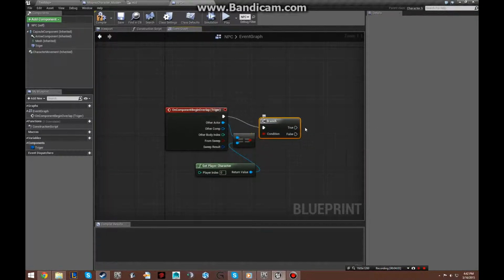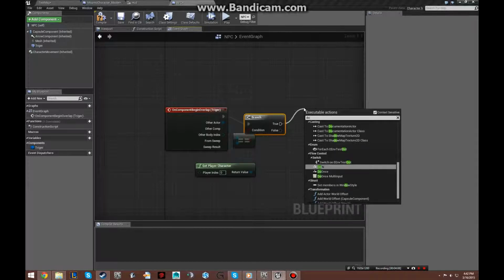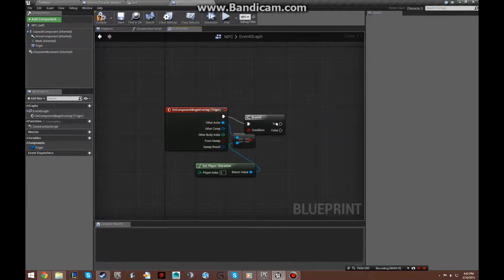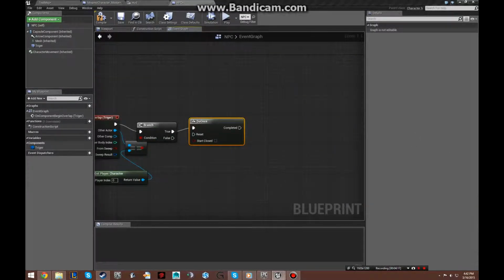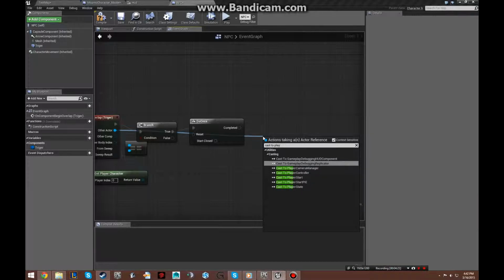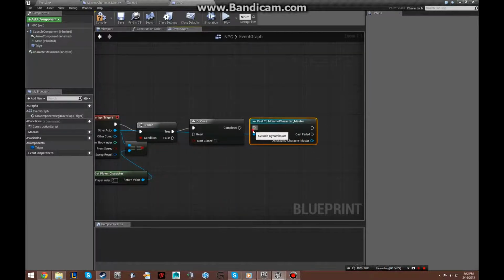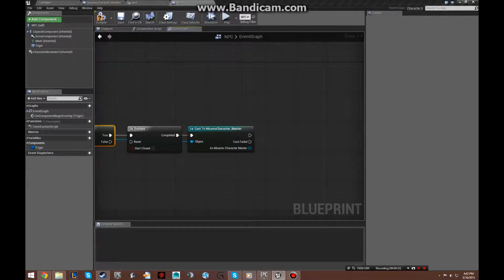Then off the branch, you'll need a do once, so it will not keep on trying to overlap. There we go. And then after that, drag off the actor and get cast to, and whatever your player is, mine's the Mixamo. It comes with Unreal, but yours can be a custom one if you want. Just cast to it, and then off of that,